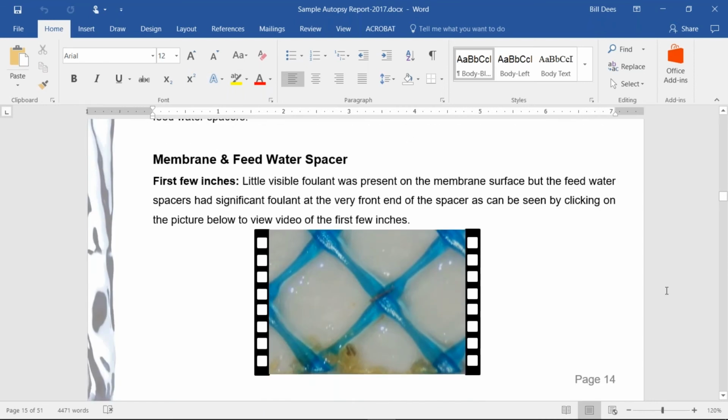But as we're unrolling this, without disturbing the feed space or the foulant that could be in there, we will take pictures, and also we will have a video that we will link to. We'll put up a YouTube video and link to that with our autopsy. Then you can come in and click on this picture. Now this link is not valid on this one; I've taken it out. But we would click on this and it'd go to a link on YouTube showing the video of the first